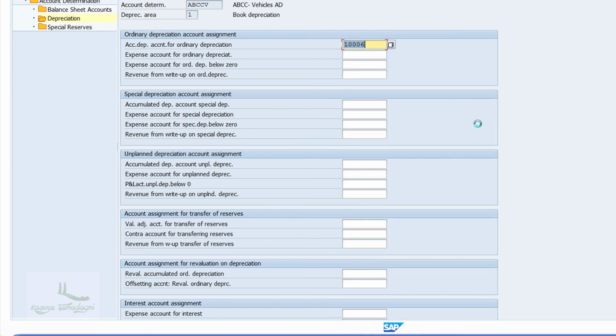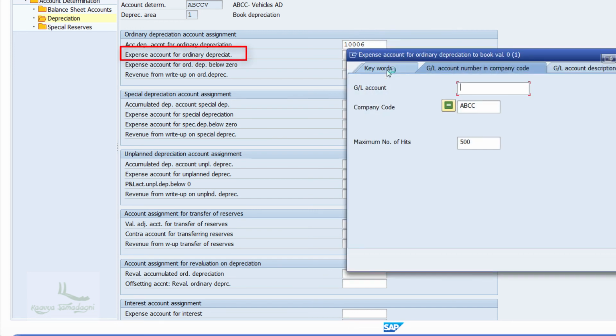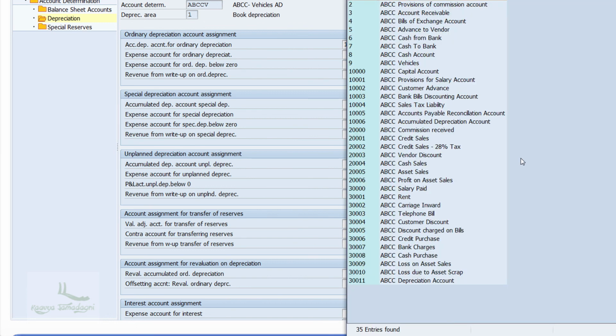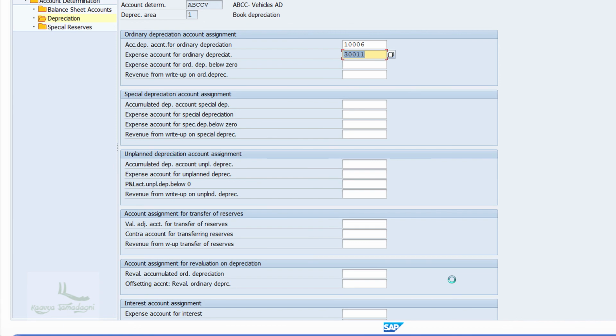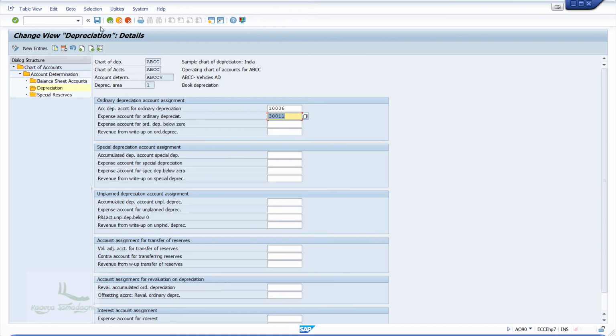And then for the second field, that is expense account for ordinary depreciation, we will assign the regular depreciation account which has been created under the expenses account group. Got it? Now to save the changes, I'll click on the save button.